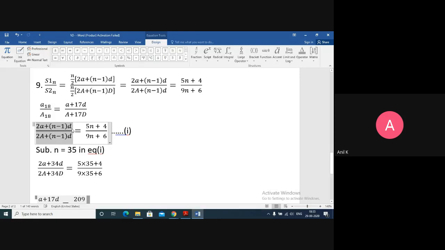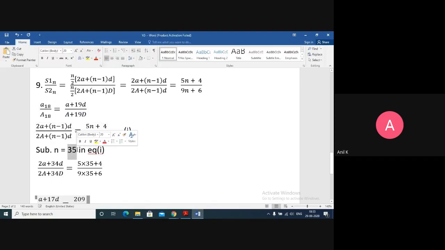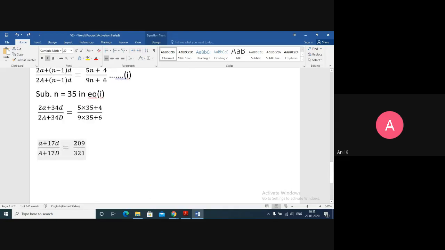So to get 34d here, the n value must be 35 because this is n minus 1. For example, instead of 17 here, if I have 19, then what I have to do is 19 times 2 is 38, plus 1, 39. So my n value is going to be 39. That's how I have to decide what n is. Is it clear? If any common terms are getting cancelled, you can cancel them. Otherwise, you can leave it. Is this clear?